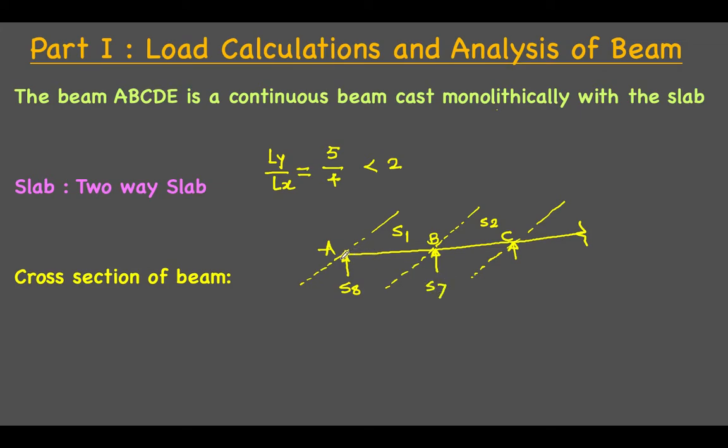Now, when we consider this as a continuous beam, and consider any of the two spans and refer to the deflected shape, continuity effect means it is going to deflect like this. Like this means at mid span there is a sagging, and over support there is a hogging. What does this mean? It means at mid span tension is at bottom and over support tension is at top.